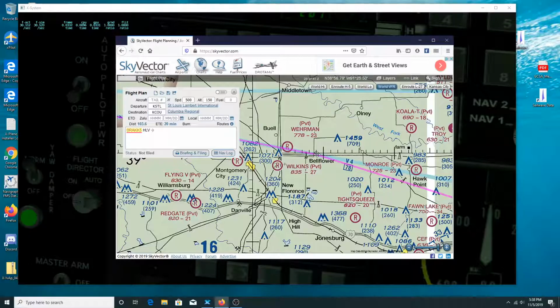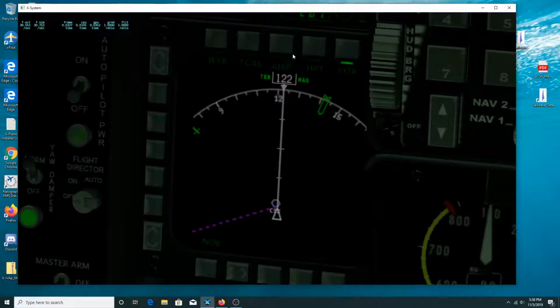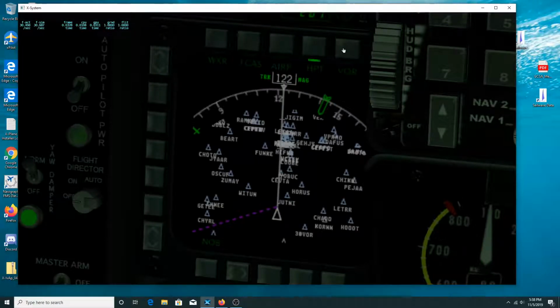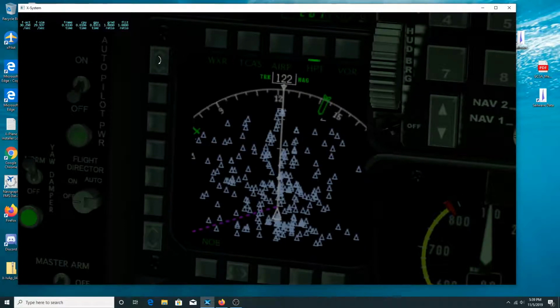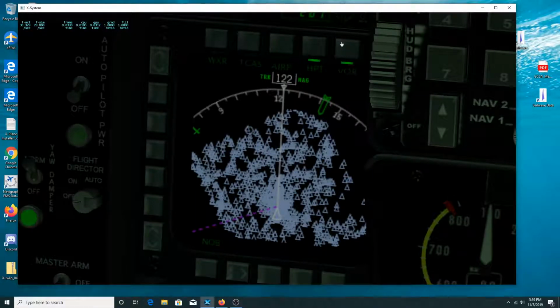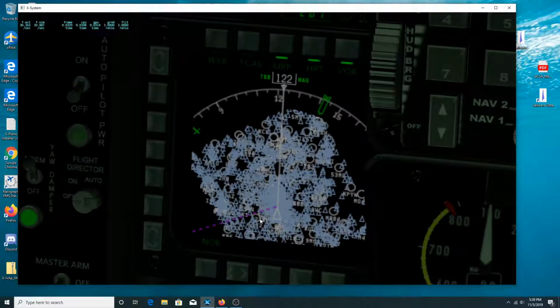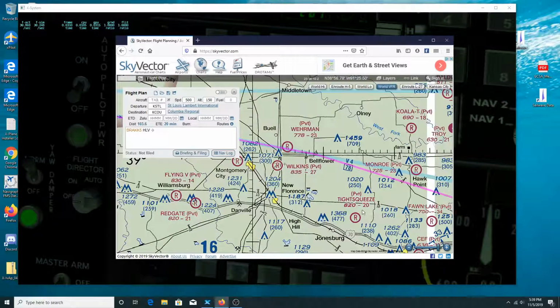Yep. Which, number one, it's not on the map, which you're not really going to use the map anyway because, well, you're going to use the map a little bit. Number two, how can you possibly find it using this when you have to navigate from here to find it? Right. So we're going to take the VOR off. Even with the VOR off, you can't even find it. So if you take this compass heading,